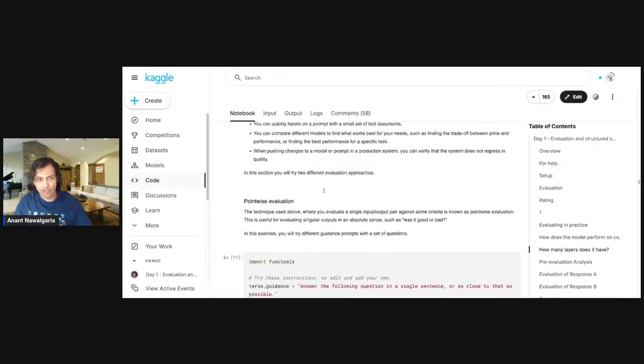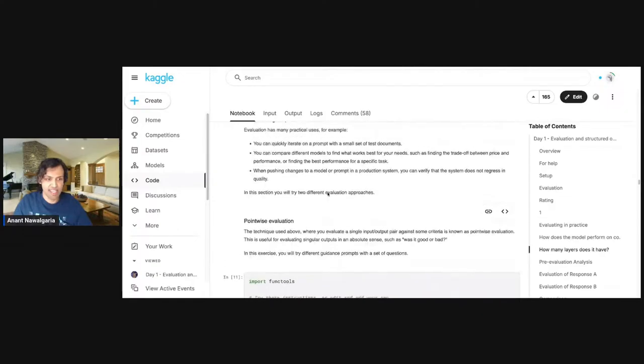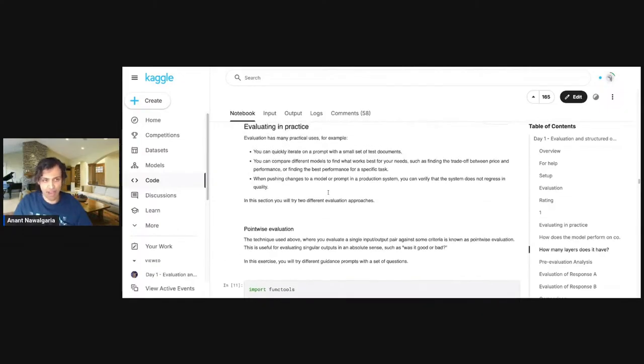And in the last part of our collab, we discuss various techniques for using evaluation in practice. For instance, we discuss point-wise evaluation for summarization, where we take a prompt which generated a response, and have an LLM evaluator determine on a scale of 1 to 5